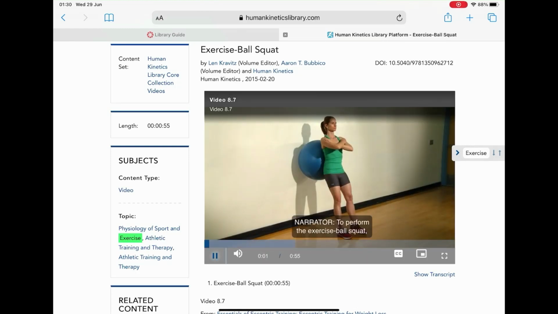To perform the exercise ball squat, start in